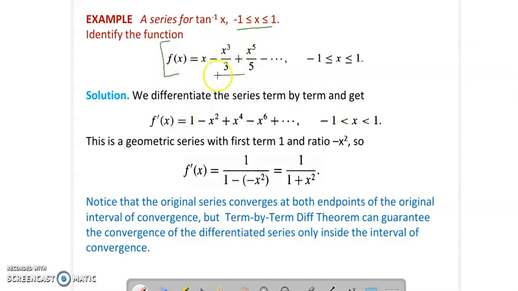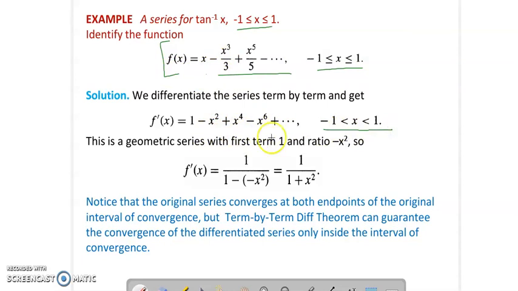So you are given this series expansion, and this series expansion is equal to some function f(x) for x lying between -1 and 1. So we have to identify this function. Let's differentiate this series. Because this is a power series, we can differentiate it term by term. So we'll get f dash x is equal to 1 minus 3 times x square by 3, so minus x square, then plus x to the power 4, and so on, and here x lies between